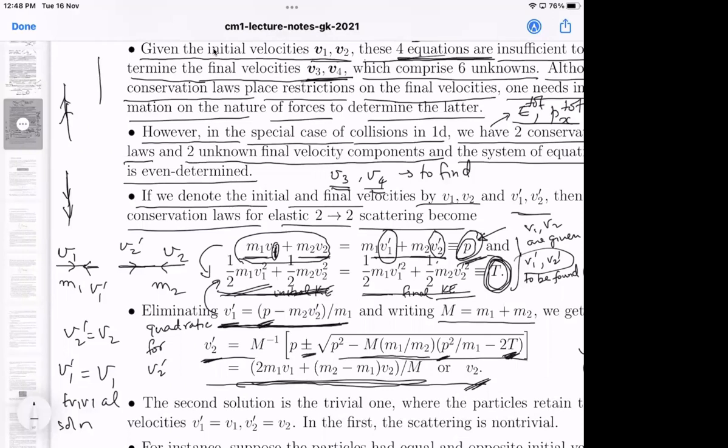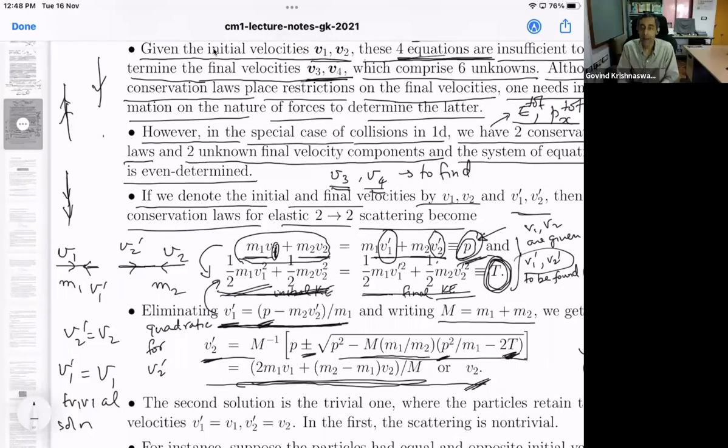Another possibility is that they were suffering a head-on collision. But in this idealized setup, there are some sort of point particles which simply pass through each other. So this one passed through that and that one passed through this. And they did not see each other at all. So that is one solution to these scattering equations. It is what you would call the trivial solution.